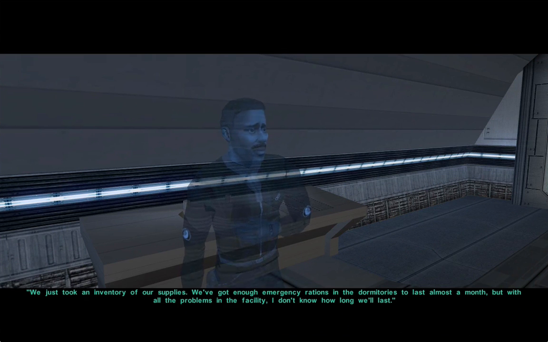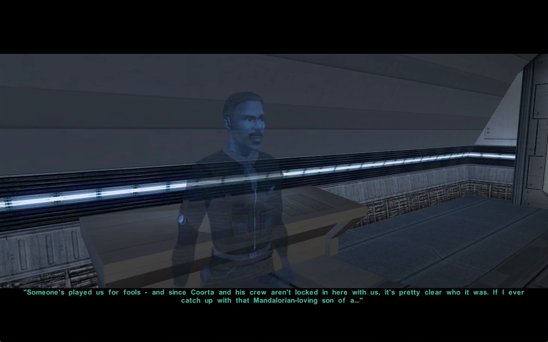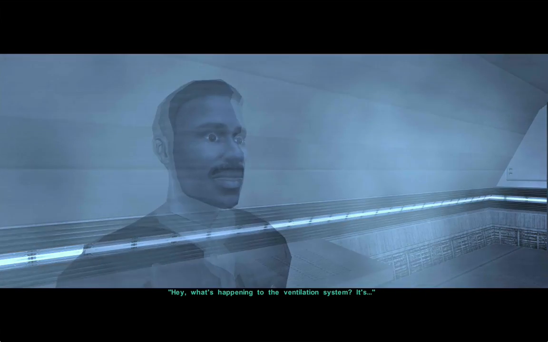We just took an inventory of our supplies. We've got enough emergency rations in the dormitories to last almost a month. But with all the problems in the facility, I don't know how long we'll last. I wish we could contact the Jedi. Maybe he could... But no, he's still floating in that damn tank. Someone's played us for fools. And since Corda and his crew aren't locked in here with us, it's pretty clear who it was. If I ever catch up with that Mandalorian-loving son of a... At least the air scrubbers are still working, even though they're tied into the... Hey, what's happening to the ventilation system? It's...